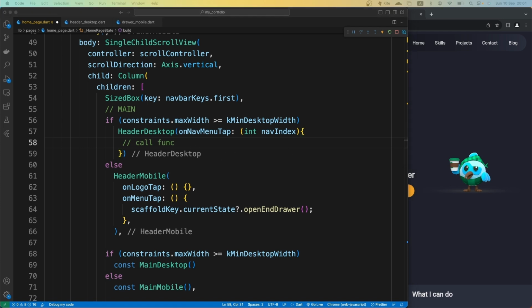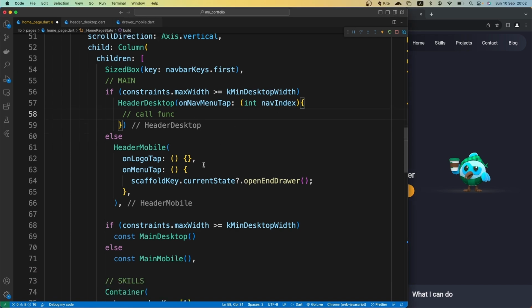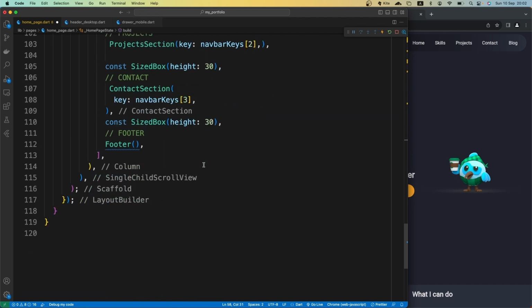That's what we are going to do right now. So now I want to scroll all the way down, and here I want to create a new function that is void, and I'll name that scroll to section,